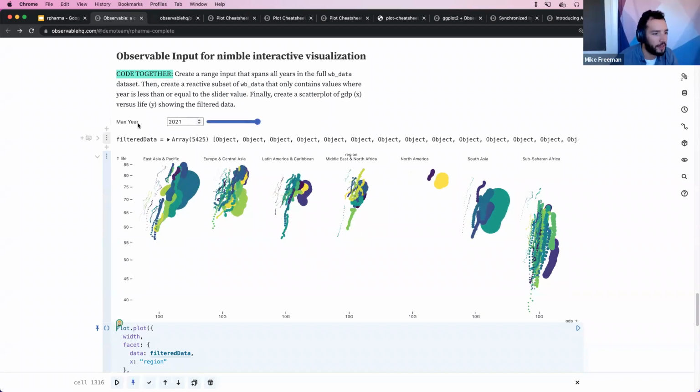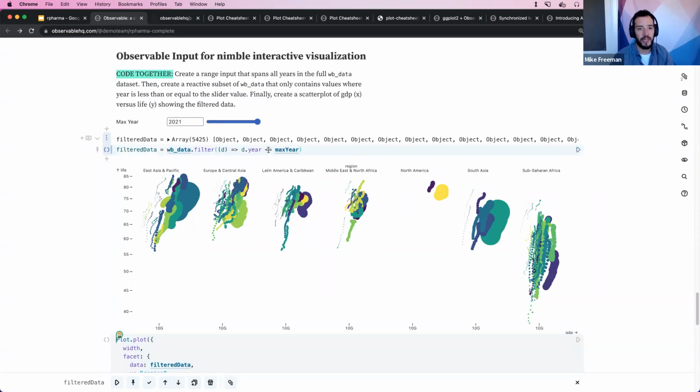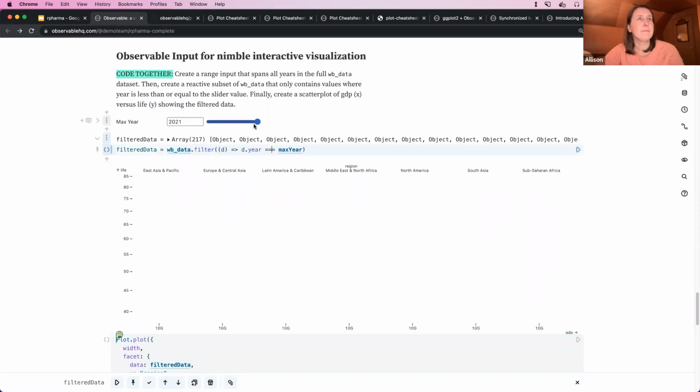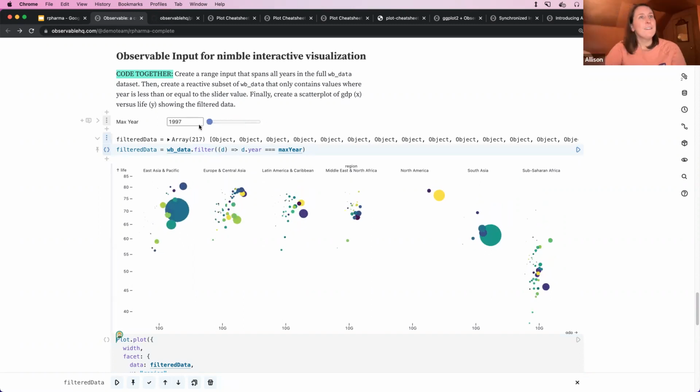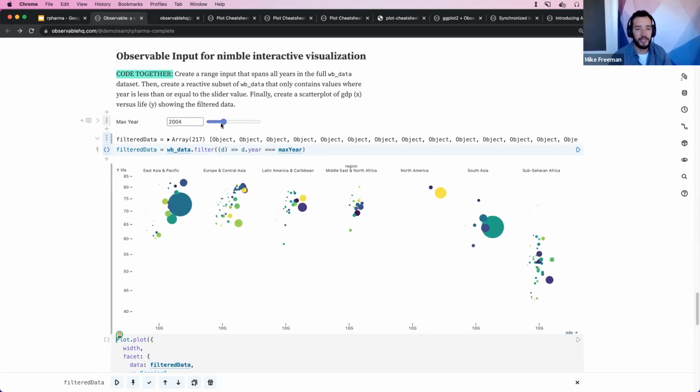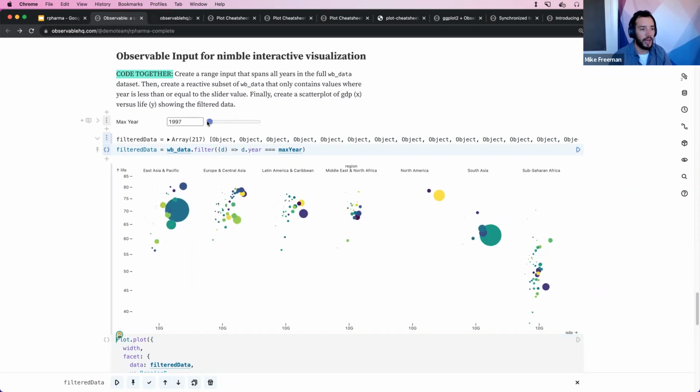And the question is if there's a way to remove the previous points. If we wanted to just show a current year, we could just say, let's only look at this year. So now we can get that animation happening. There is also some time animation work happening in Plot, but